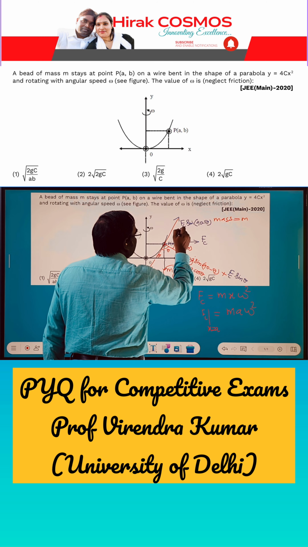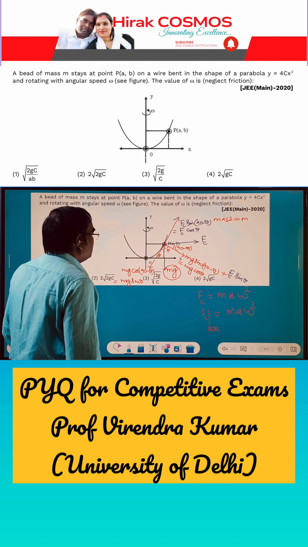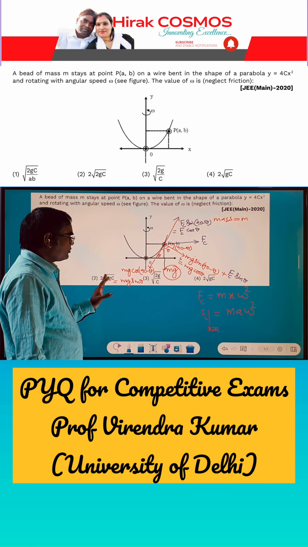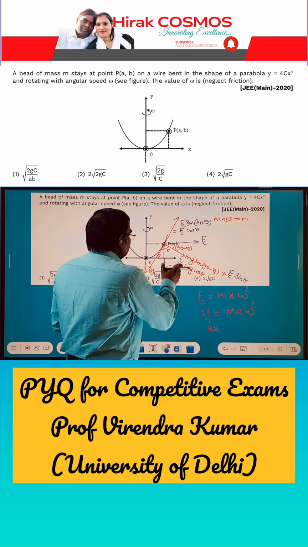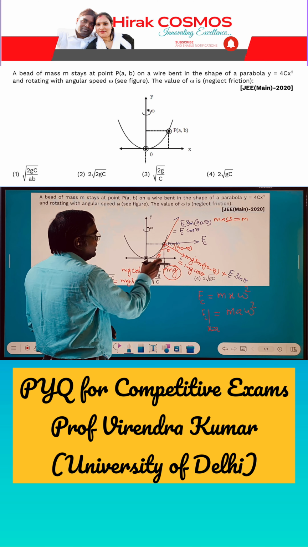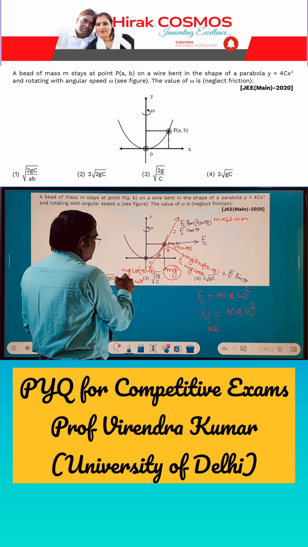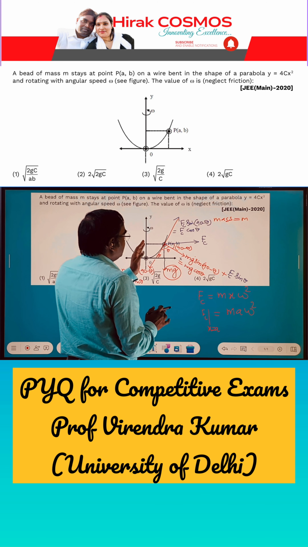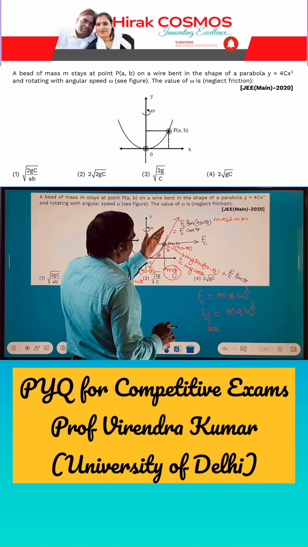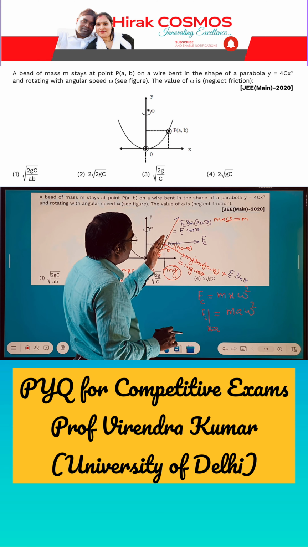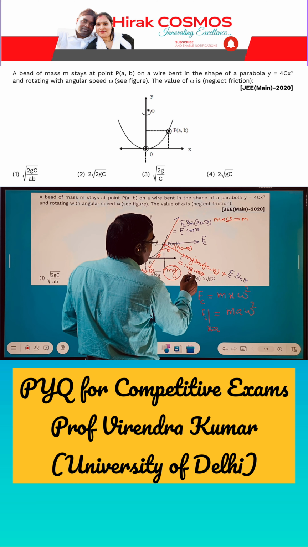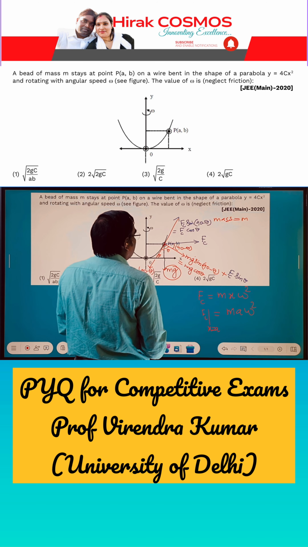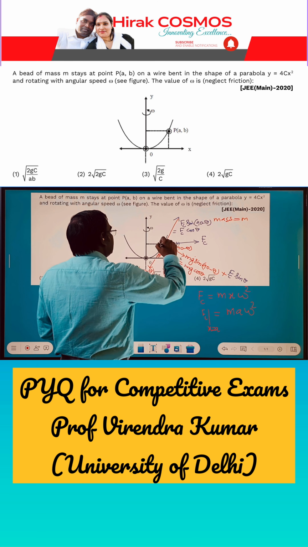This will make Fc cos theta, right? So now we can see the forces acting on this bead are in the downward direction along the tangent is mg sin theta, and perpendicular to the tangent and outward from this wire are mg cos theta plus Fc sin theta, and the other force is the normal reaction